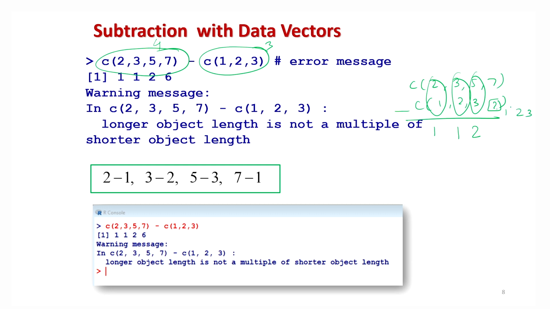So, this will become 7 minus 1, which is 6, and this data outcome, which you can see here, is obtained, but a warning message is also given that you have to be careful about what you are trying to do. Well, in R there are two types of messages which come, one is warning and the other is error. So, it has the same meaning as the literal meaning of warning and error.